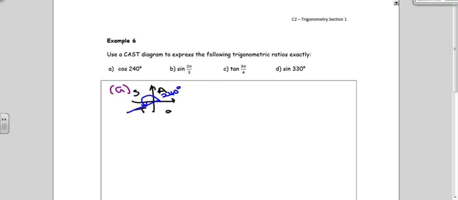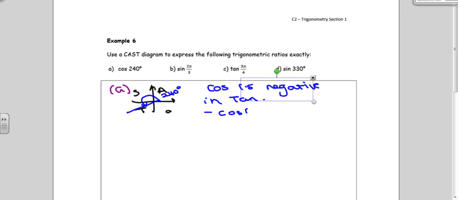But we know that cos is negative in tan. So that means that if we take cos of 60 and take the negative of that, because 240 degrees is 60 more than 180 degrees,